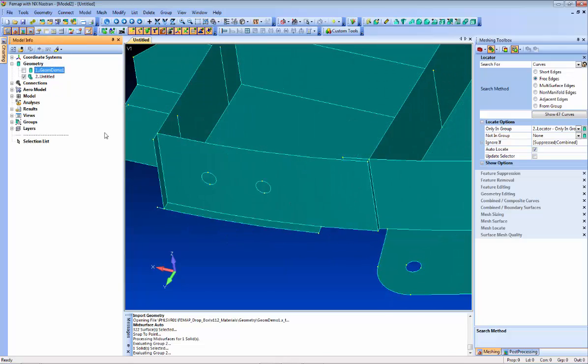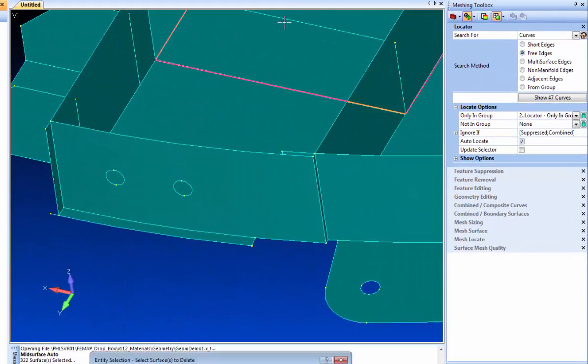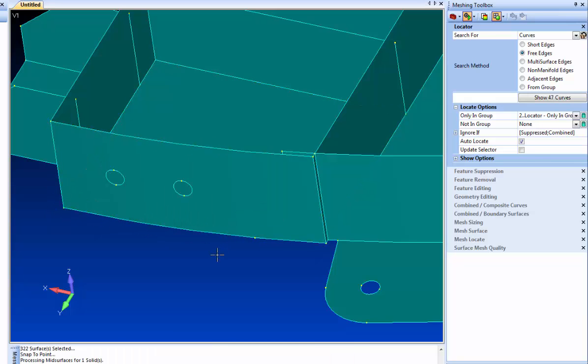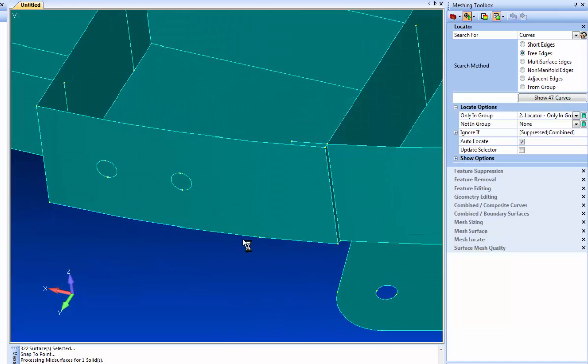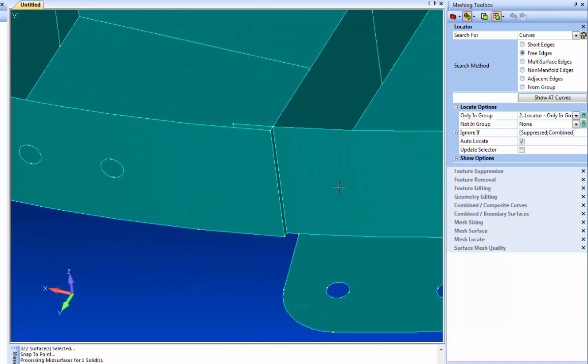So let me turn off the solid again. The first thing we do is just some deletes. There's some extra little surfaces here, and we can just delete them. So they're now gone. Now here's another tool we've added. We've got this little section here with two overlapping ones, and I want to basically burn some cuts so I